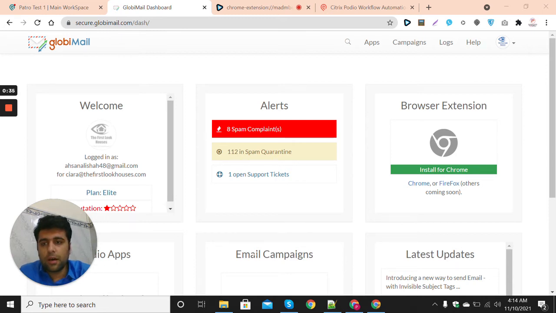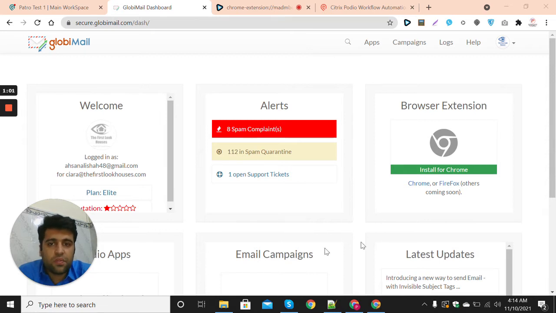So this is a very useful tool, just like other email marketing tools like Mailchimp and Active Campaign and many other tools which are used for email marketing. Mail is good if you are using Podio as a CRM because it is closely integrated with Podio records. So any email which is sent from Mail will be logged on that record in Podio.